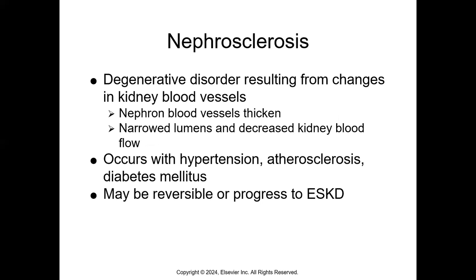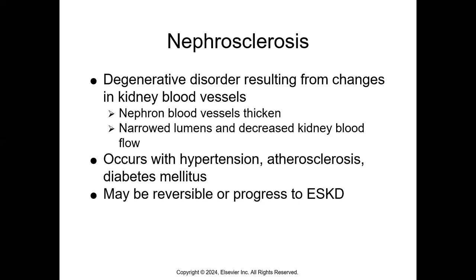Nephrosclerosis. Sclerosis means a change within the kidney blood vessels. So they tend to get thicker. As these blood vessels get thicker, the insides get smaller. So what happens is the kidney is actually starving for blood because of the thickening within the blood vessels. This often is common with hypertension,